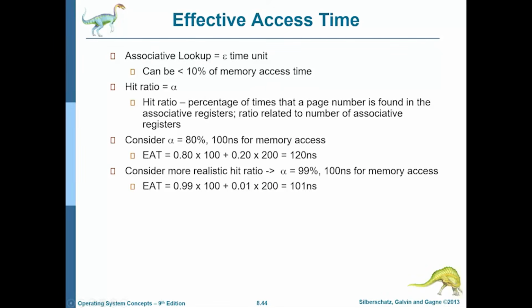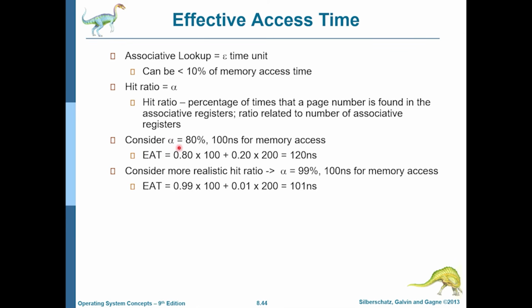Now let's look at the concept of effective access time. We know that TLB misses can happen. It is not always that when you try to look for a page table entry inside a TLB that you always find it. So misses do happen. And if a miss happens, then you have to go to main memory. You have to go into the real page table and figure out the entry and then go on from there. So we define something called a hit ratio, which is the percentage of times that a page number is found in the TLB. And we take a couple of examples to figure out the effective access time.